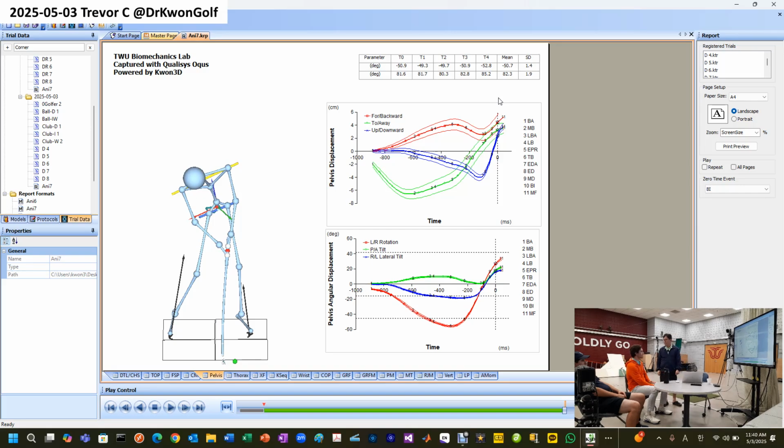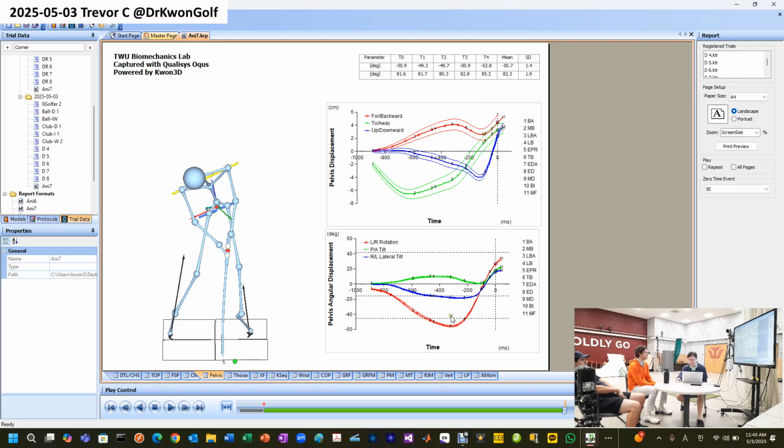So I need to do two things. I need to go both. Because you said I need to go more away and towards the target? No, the away motion is okay. This way is reasonable. I need more toward. Yeah, toward. You have to initiate the toward motion early, and then by the time you reach 5,